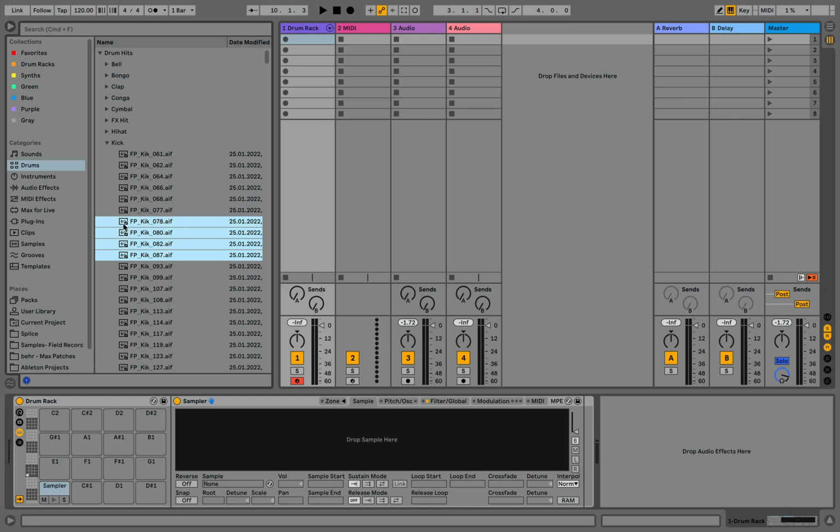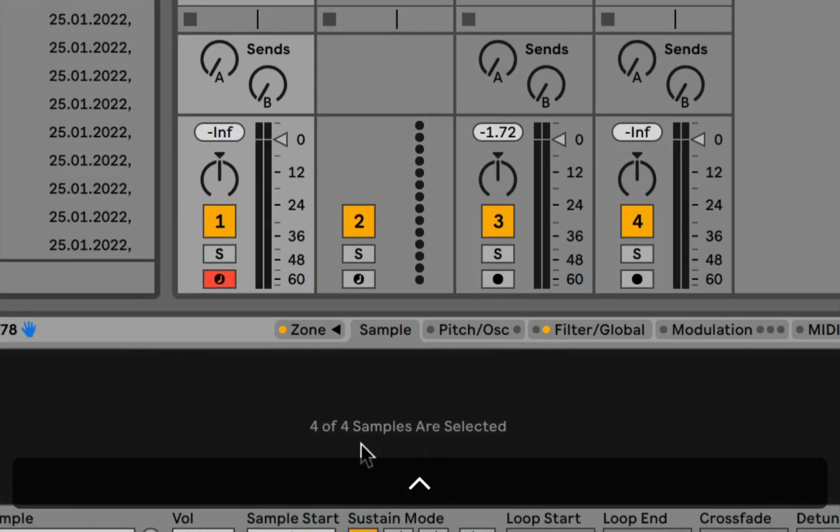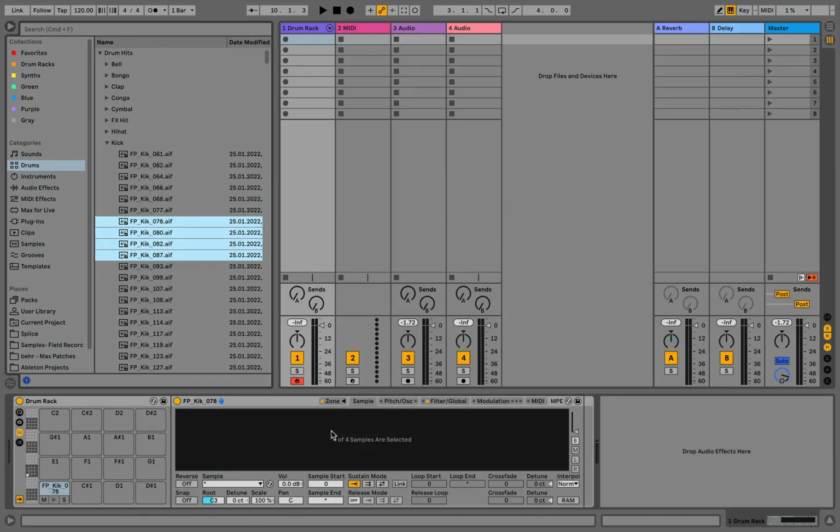So remember, we are looking for samples. So these samples could either be in a format of .wav or .aif. And we can click and drag them into the window of the sampler. So remember, we don't want to drop this in here. We want to drop it inside the window of the sampler device that we've placed on the C1 drum pad. So now we can see that we've got 4 of 4 samples selected,